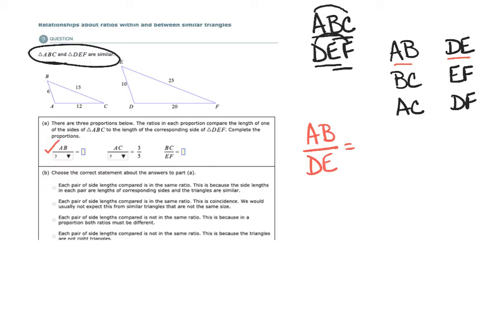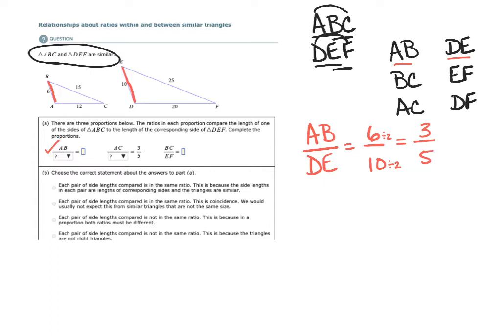So AB is a side length of 6, and DE is a side length of 10. I can then reduce that just like I would with any fraction. I could divide by 2,